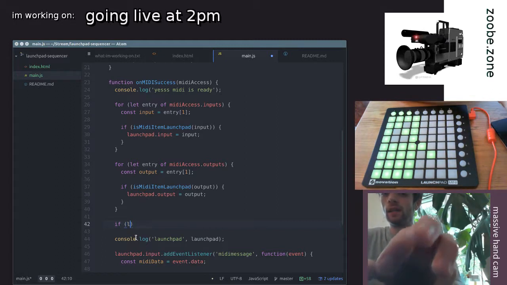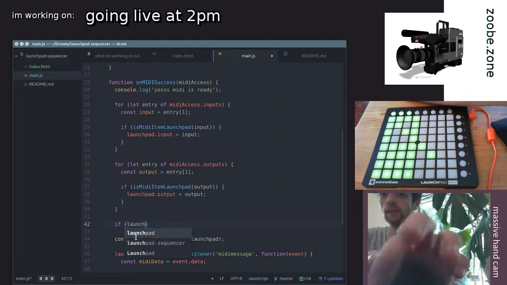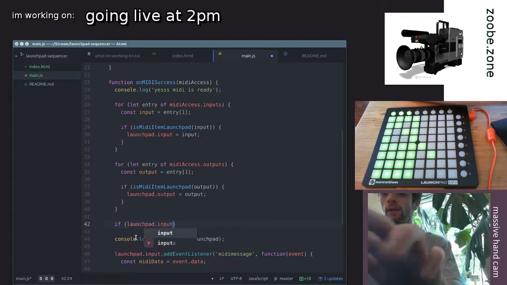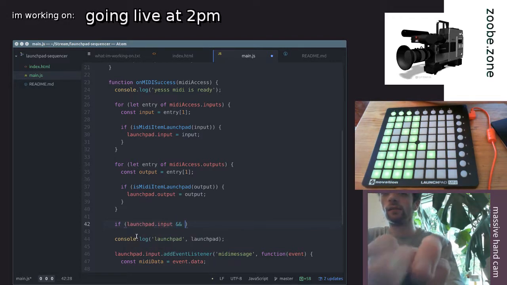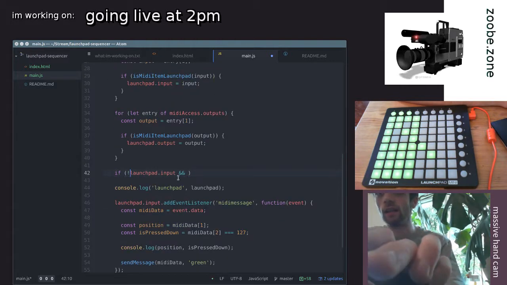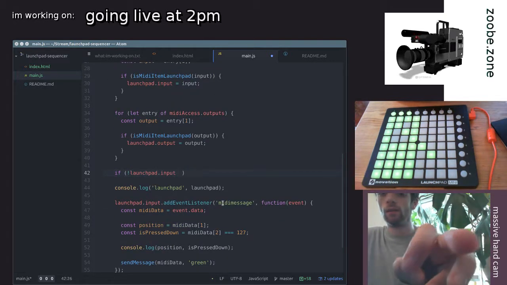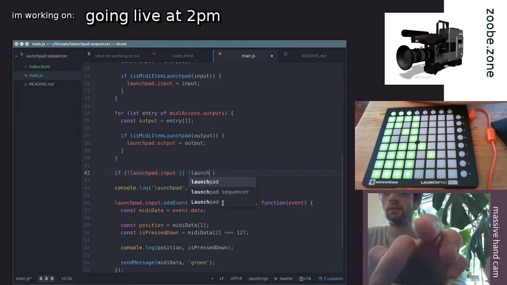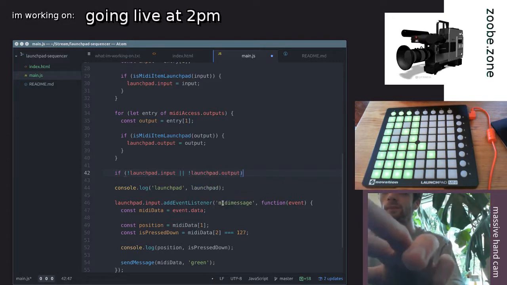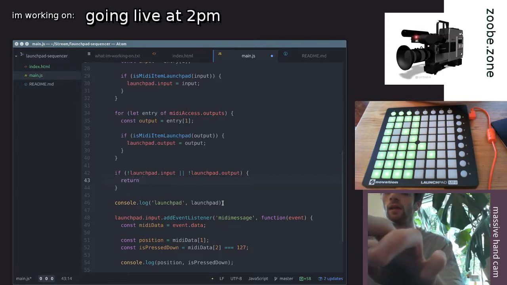So if we say if launchpad dot input, actually, let's return early. If there's no input or if there's no output, we're going to return